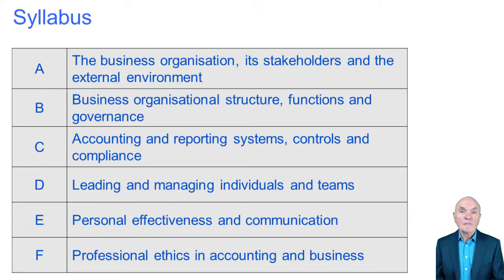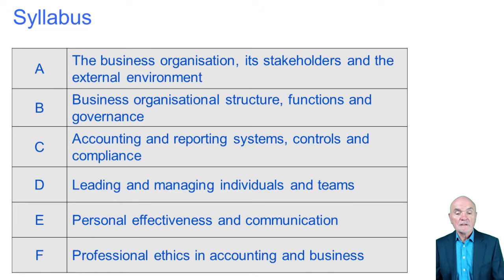Nowadays, many businesses have moved away from that tall, narrow structure to what's called a wider, flatter structure. Because if the environment is changing rapidly, for example, rapid IT changes, then it's very important that the business can move quickly enough to catch up with its competitors. And if you have a huge number of different ranks, the communication between the top and the bottom and the bottom and the top of the business can be too slow.